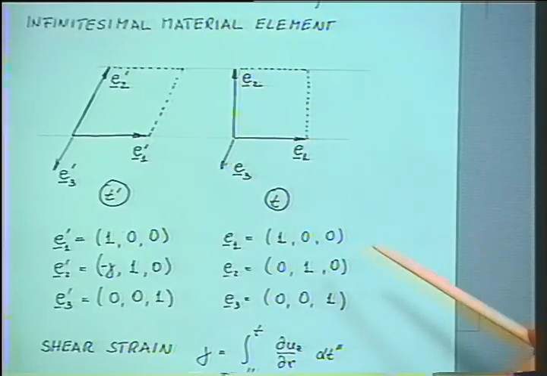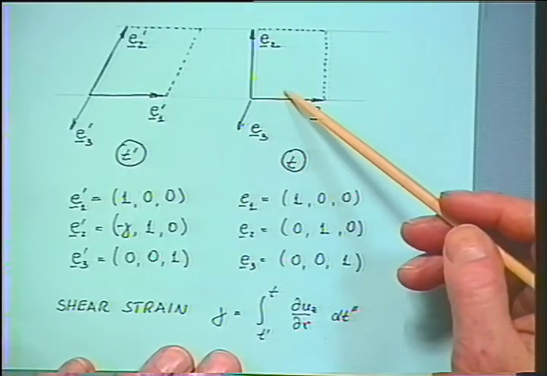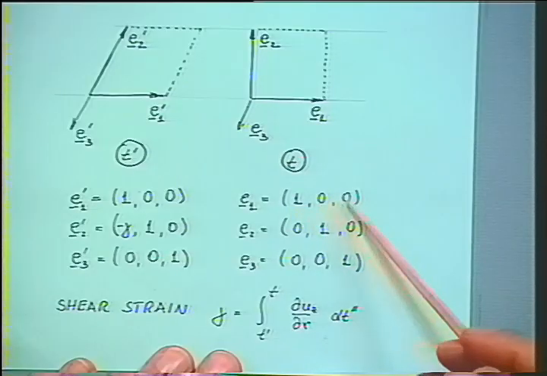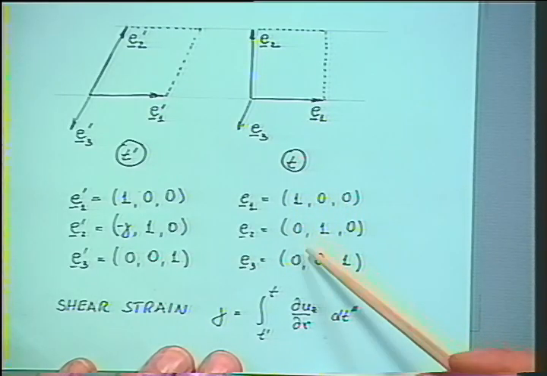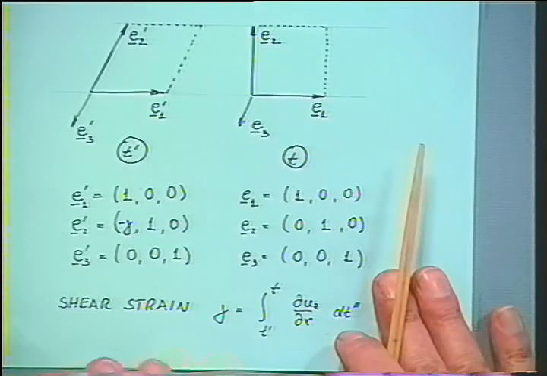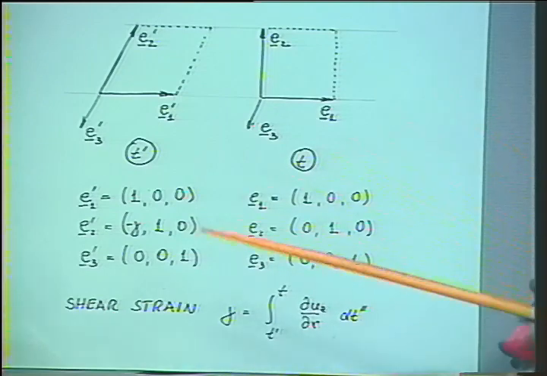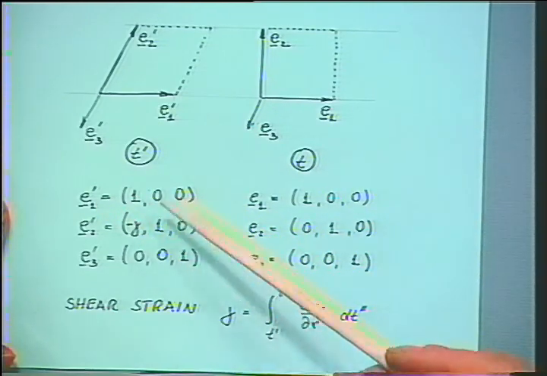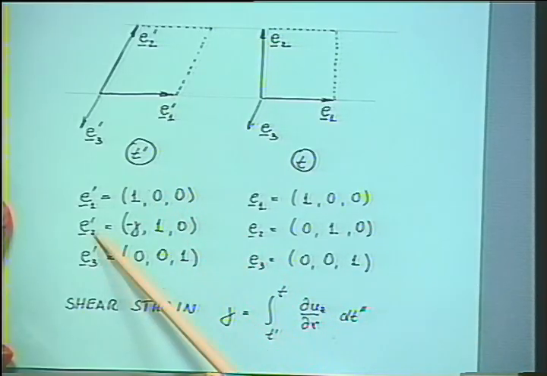The components now of our 2 systems are given down here. At time t, we have an orthonormal system, so we have (1, 0, 0), (0, 1, 0), and (0, 0, 1), as defined, as chosen specifically. Now, at time t prime, E1 is also given as (1, 0, 0), and E3 is nothing specific, but E2